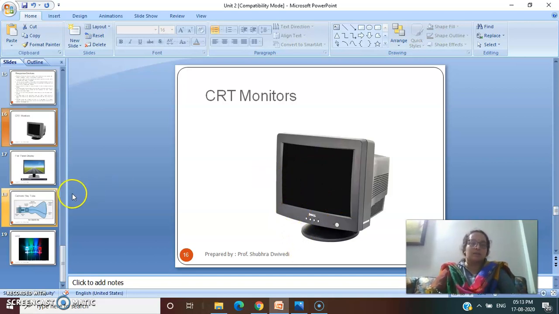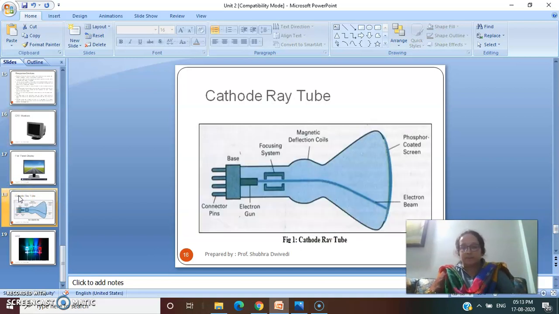Now in my last class I told you something about CRT, so obviously that would not have been clear to you. So let me explain the functionality of CRT with the help of this diagram. Whatever I told you in the last class, just see that with the help of this diagram. I don't expect you to know the details because you are all BBA students, but you should be aware of how the cathode ray tube functions.